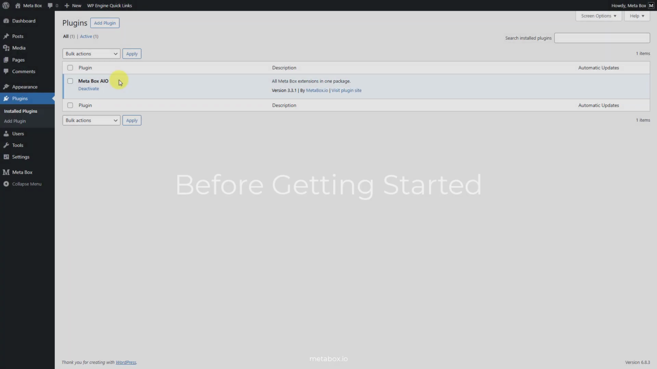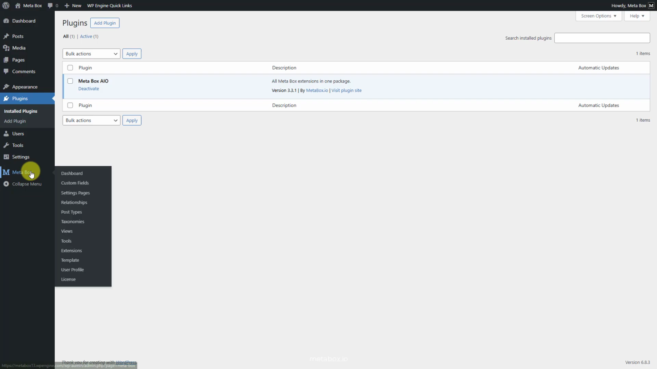Since each teacher shares the same set of information, I'll use a clonable group to store their details. To display these groups and categorize them, I'll create a template using MB Views. So, I recommend that you use Meta Box AIO to have the framework for creating a template and custom fields, as well as the Meta Box extensions inside it, which provide you with advanced features. Specifically,